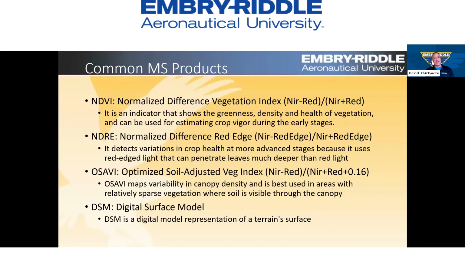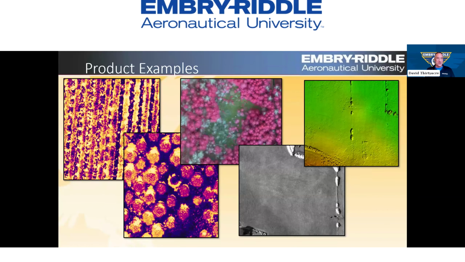Again, irrigation, and now we get into the NDVIs and the NDREs, and we can see where they're having problems. And you go back to that DSM model and you go, well, you're having that problem because there's no irrigation getting to that area. So never forget that DSM. It's always the one to start with.